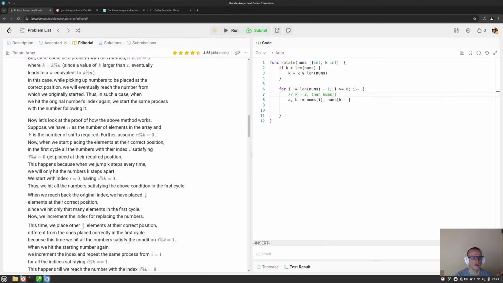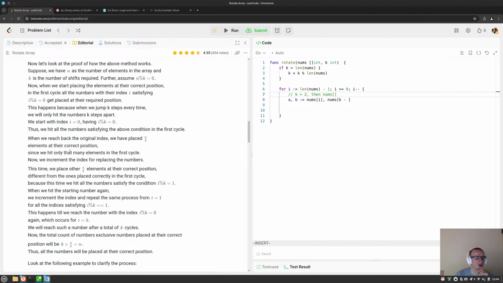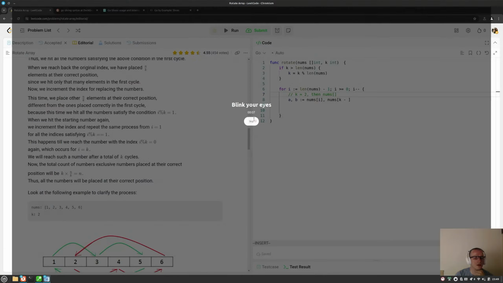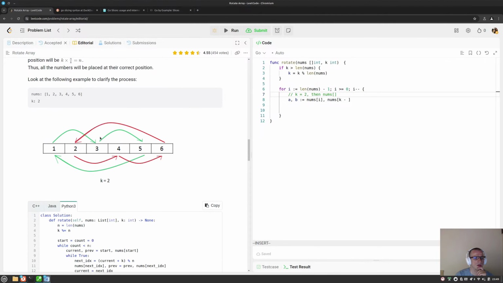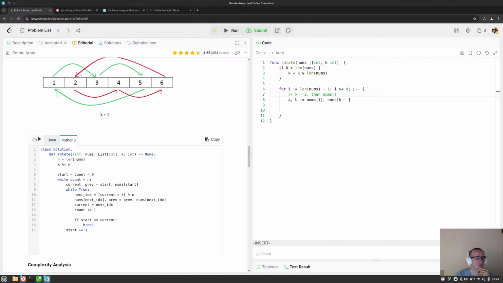When we start placing all elements at their correct position in the first cycle, we hit all. When we reach back the original index we have placed, look at the following. Okay, so